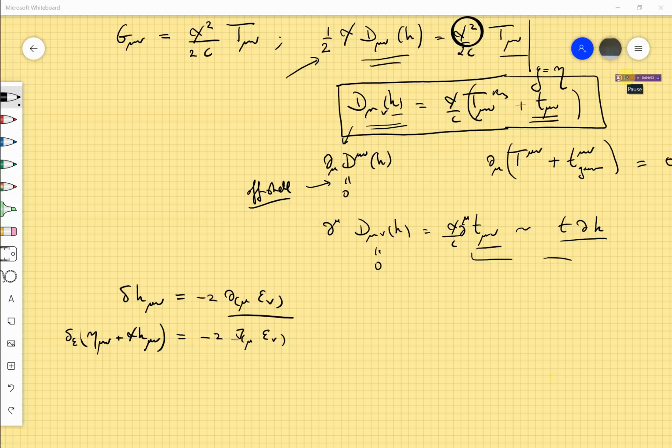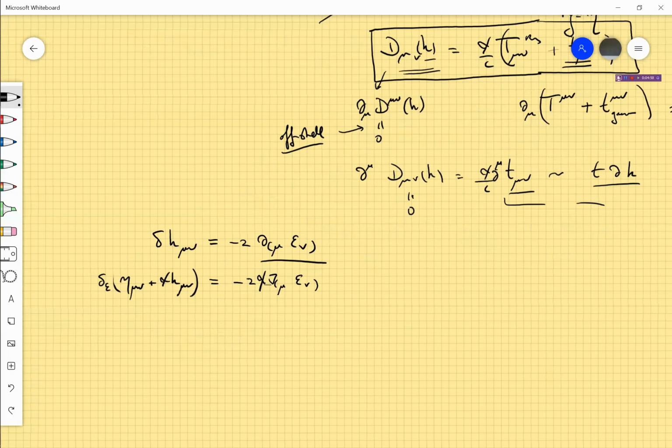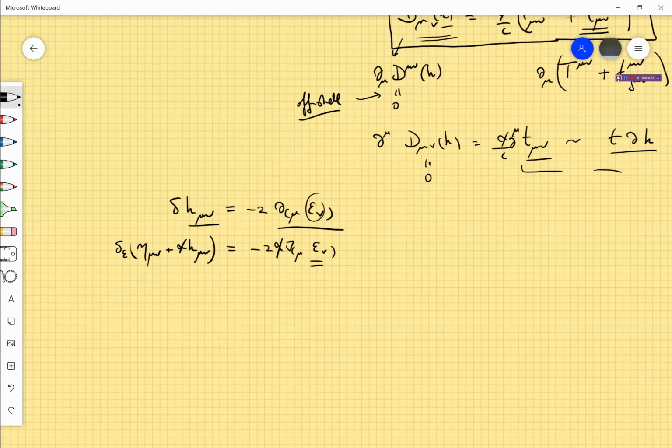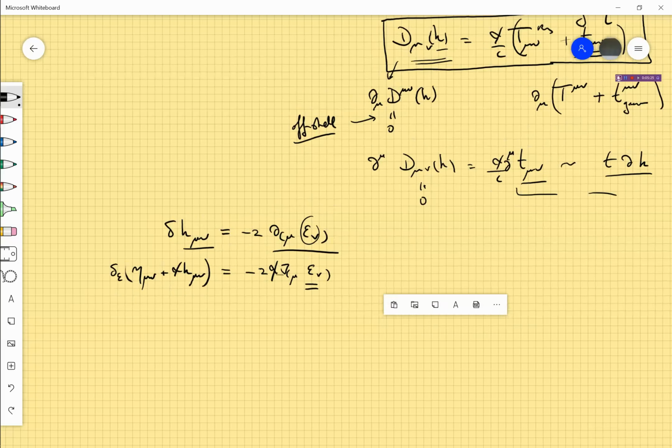Although to be consistent, really you need to introduce chi here. This is just normalizing this parameter, because here the units of h mu nu are not the same as the metric. The metric was dimensionless. H mu nu has dimensions of length to the minus 1. This means that this parameter needs to be dimensionless, and in order to fit the dimensions of everything, you need to introduce this chi here when you write the transformation of the metric. So by doing this, you get automatically this.